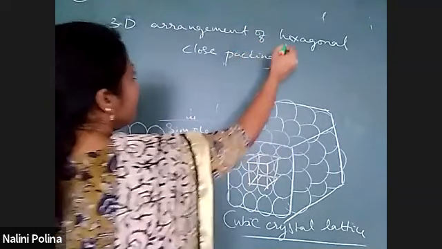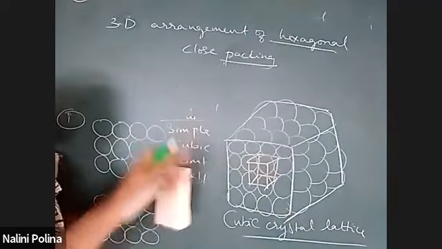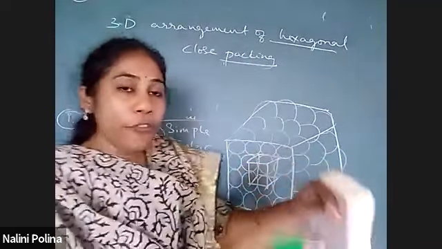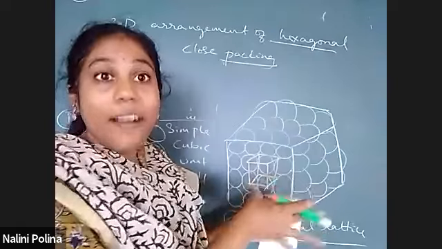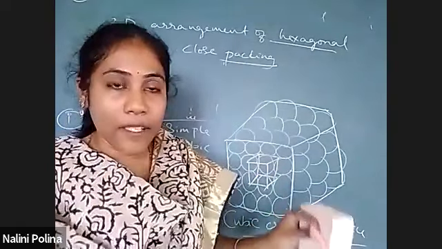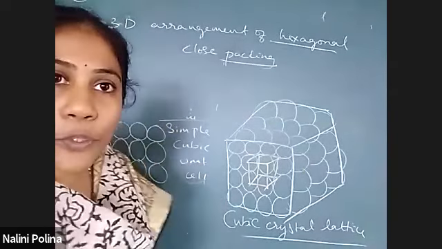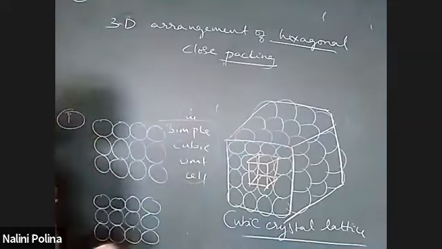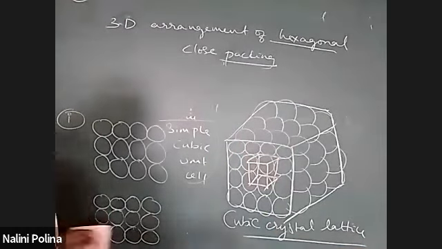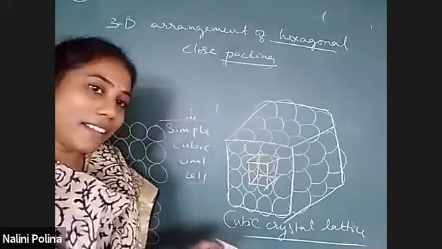Okay, so hexagonal close packing in 2 dimensions we have seen. So now in the same way, if you keep the second layer onto that, how does it look? There are 2 types of gaps generated, which we call voids. That concept we will discuss tomorrow. Just keep this idea. So hope the concept is clear for you. See, it all depends on the imagination. So how well you imagine